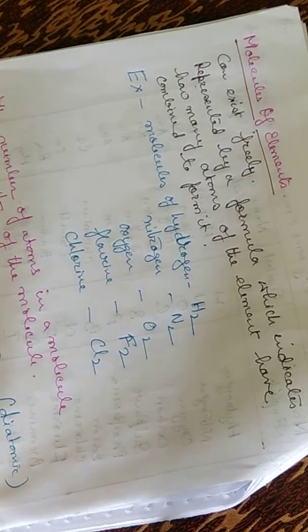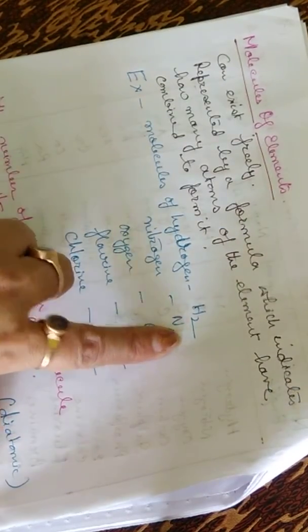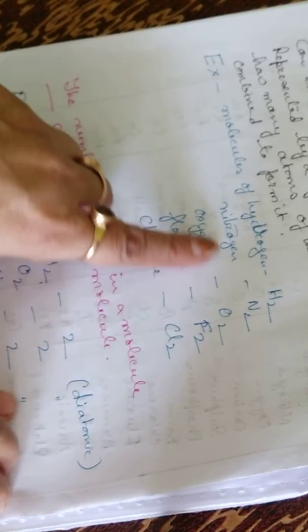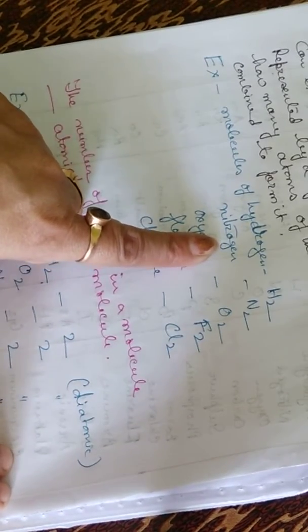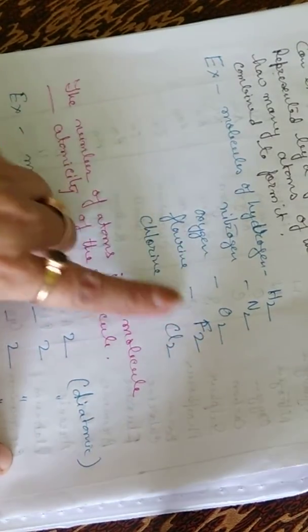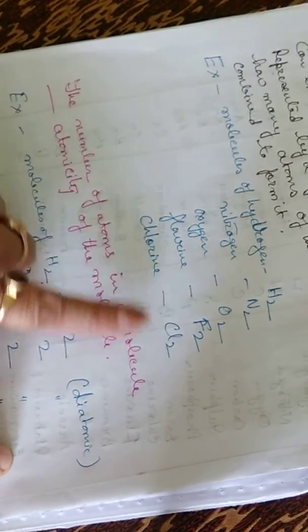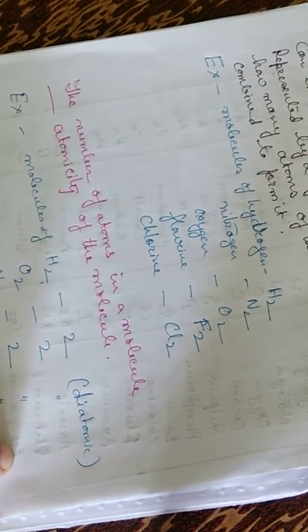For example, molecule of hydrogen is H2. That means 2 atoms of hydrogen are present in one molecule of hydrogen. Then nitrogen also N2. So 2 atoms of nitrogen present in one molecule of nitrogen. Oxygen O2, again 2 atoms. Then fluorine F2, 2 atoms. Chlorine 2 atoms, Cl2. So the number of atoms which are present in one molecule is known as the atomicity